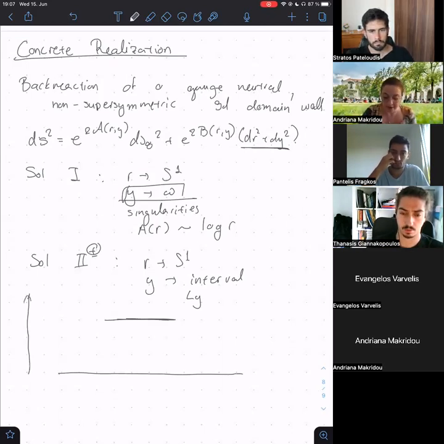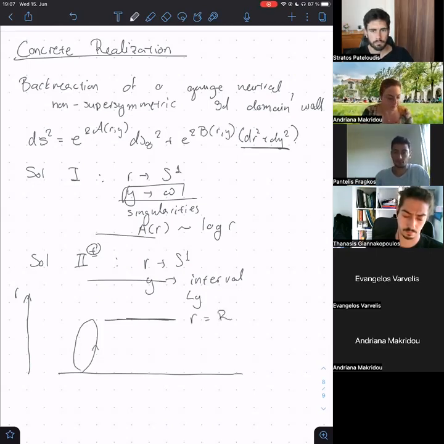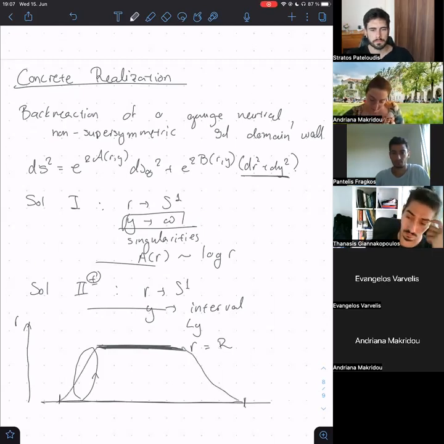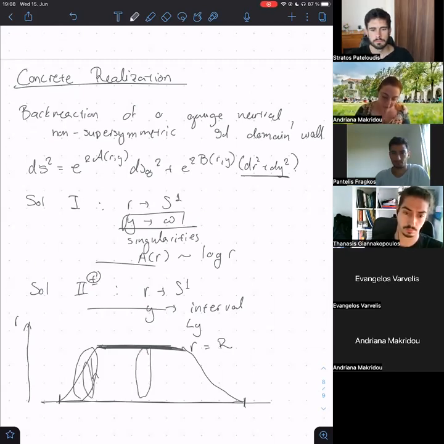We have here, let's say, R. This is a lattice effectively because it's compactified, or you can view it as the circle. And at R equals plus R, you have here your brane. This is some choice you make already when you write down the metric. And then this is the y direction, and this is now finite. And in principle, you can study your solution, and the geometry of your solution is like this. So you have the circle here, and the radius of the circle is y dependent.